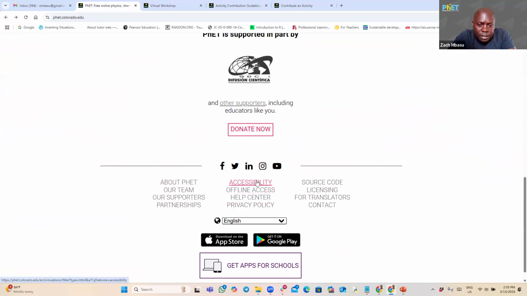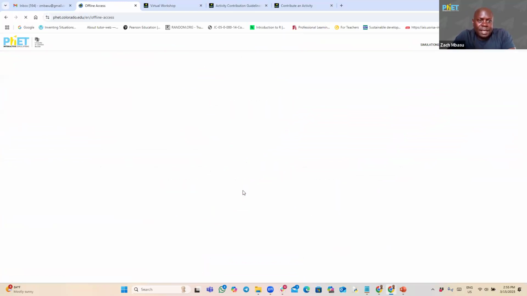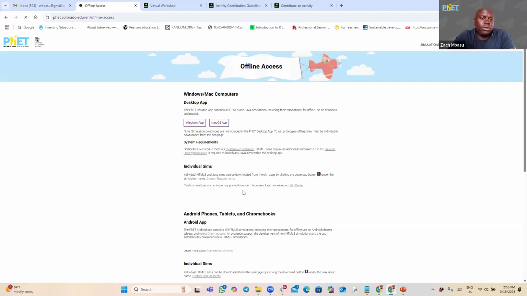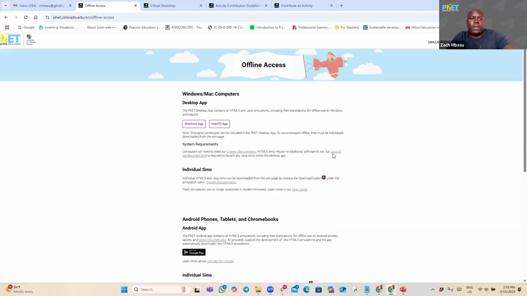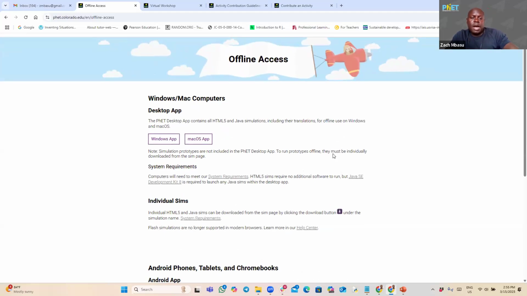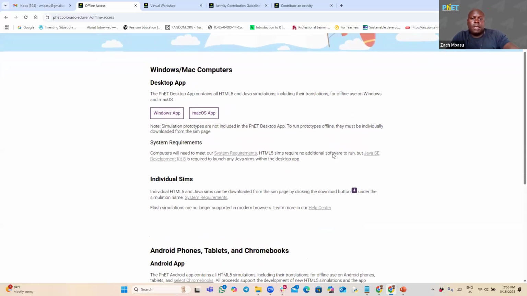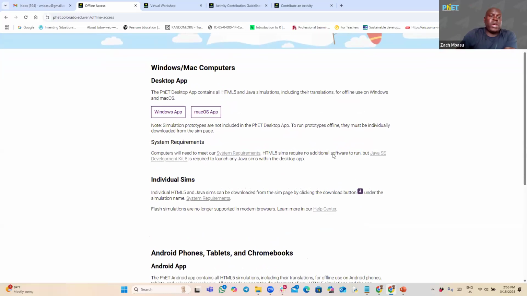And just below accessibility, you have offline access. When you click on offline access, this is going to take you to a different window that has a place where you can download the PhET installer,